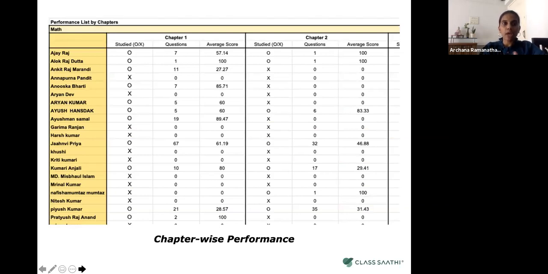Again, saying how many students have attempted how many questions in every chapter, and what their average score is. So we're giving you an overall school performance, a student-wise performance, and a chapter-wise performance. Apart from this, as a school, if there are any other data points that you would like to see in this report, we're more than happy to customize these reports for you.